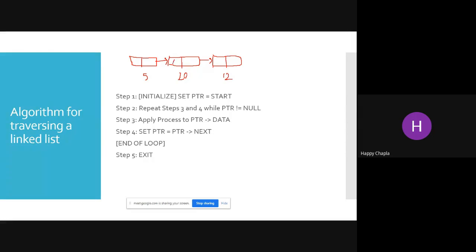Here my data parts are A, B, C. What is the address of the next part? That is 10, then 12, and since C is last, this is null. I have one start variable. Right, this is my start variable.